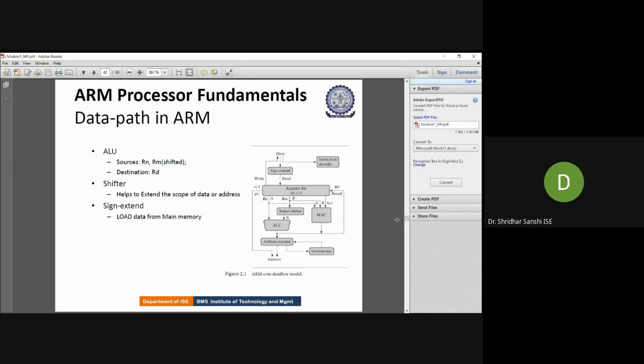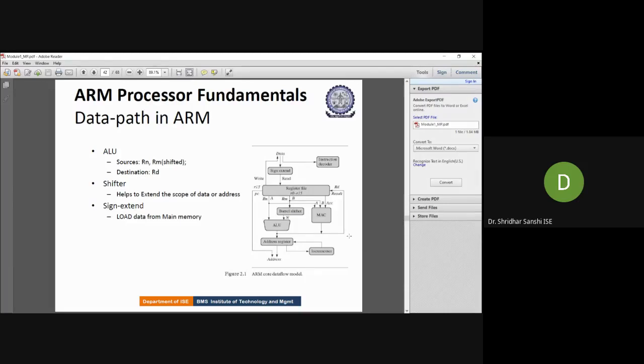What do we mean by the register file? These are the general purpose registers of the microcontroller. What is the size of these registers? It is 32-bit. How many registers do we have? We have R0 to R15, so 16 registers. From these registers, the data has to move to the ALU or the multiply accumulate unit, the MAC.